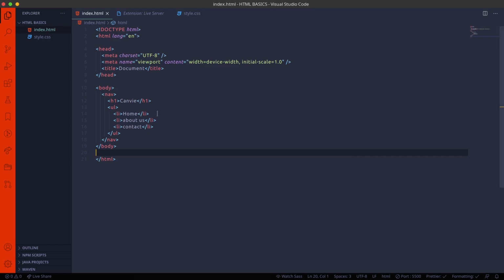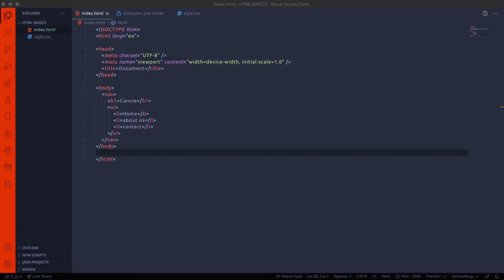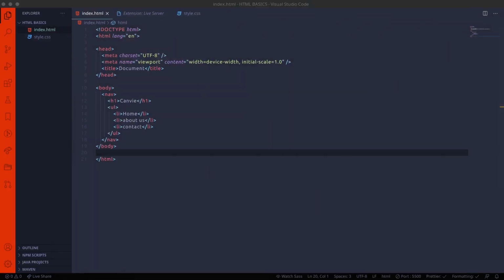Another thing to observe: once you start Live Server, it will be live and you can automatically see the output in the web browser. So we have now created a navbar without style. You can see here the h1 tag text has a bigger size, and the unordered list text is small in size.